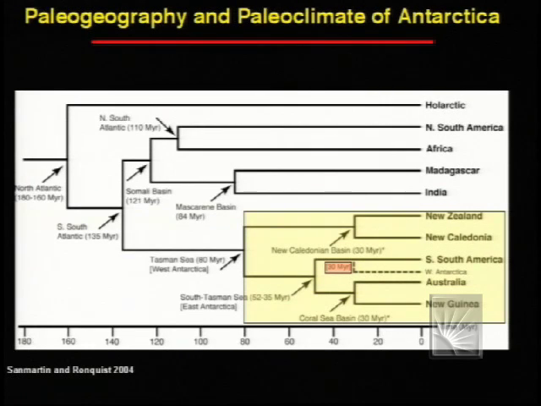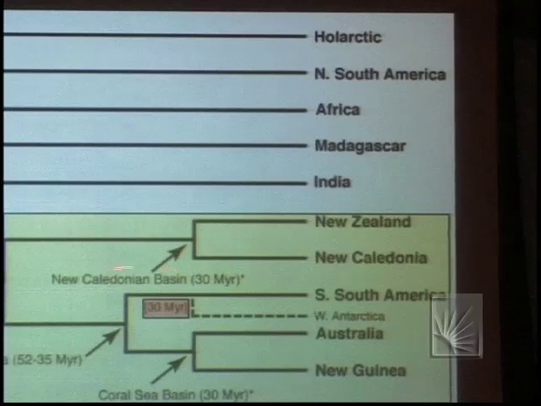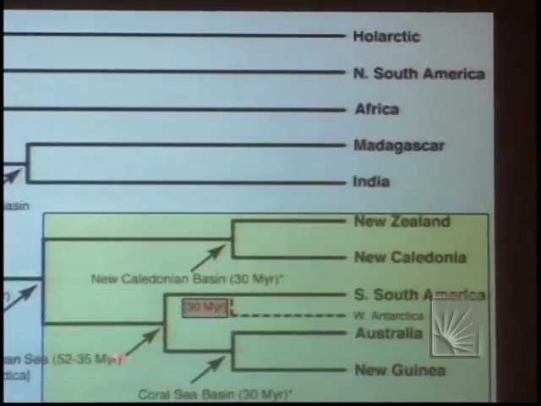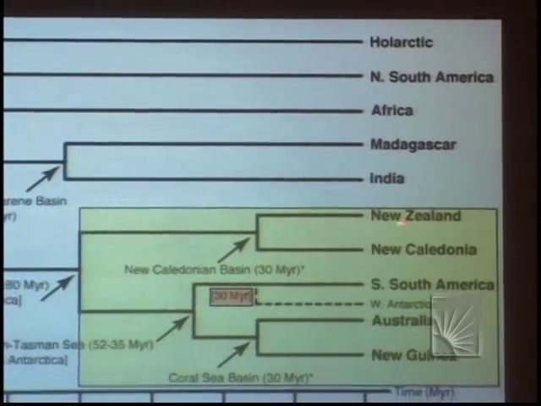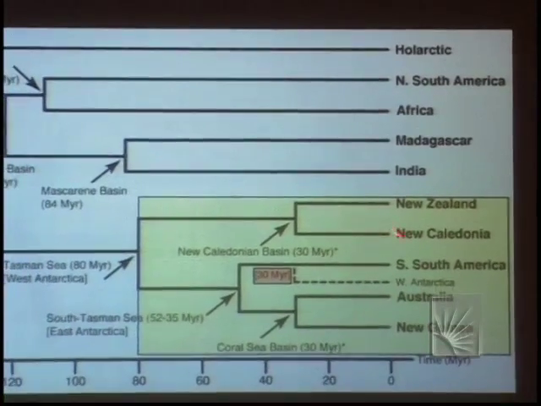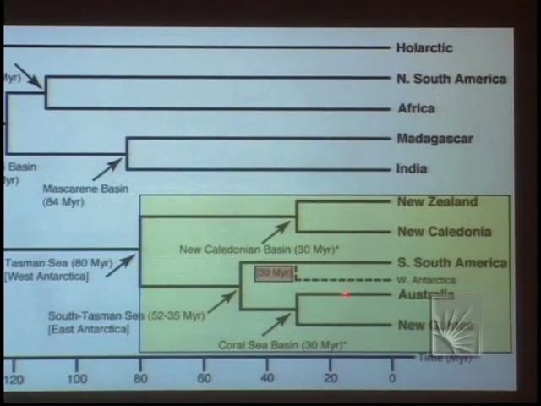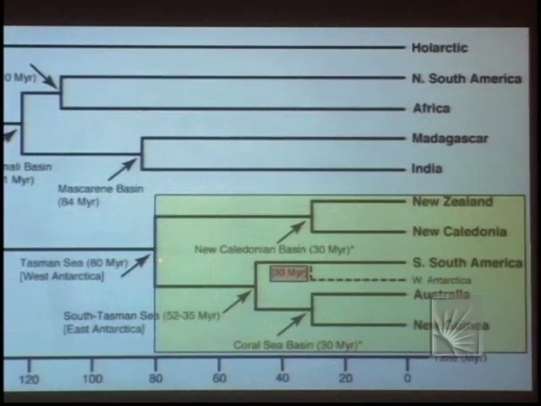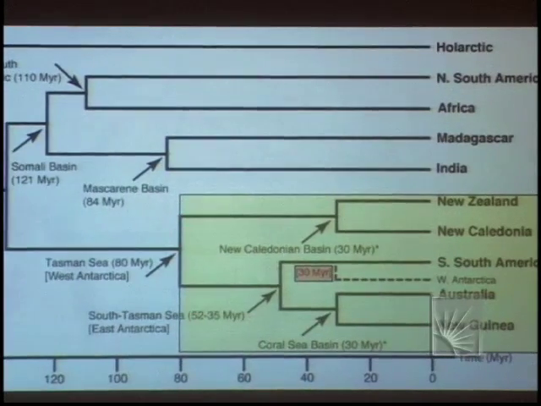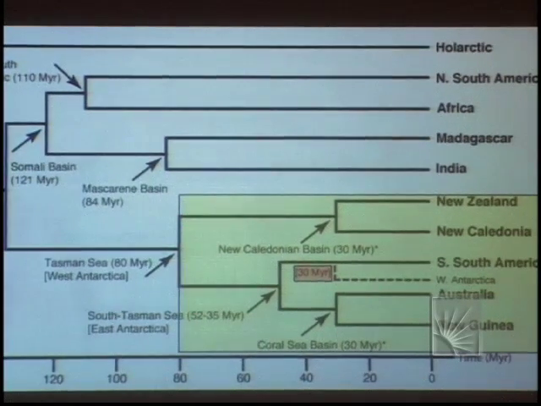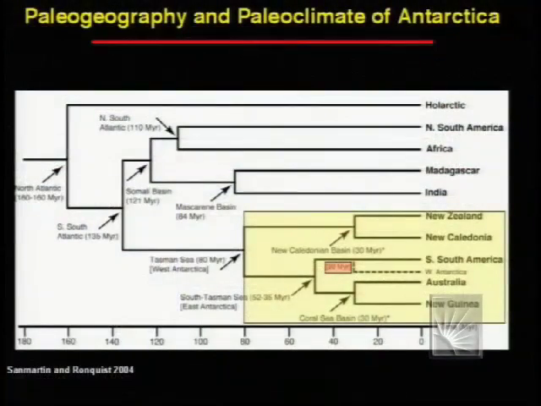And this is a branching diagram that relates how we think those continental areas were connected. So this is only analogous to a phylogeny. What we see here are all of the land masses that are part of Gondwana. And we can see that the last connection that Antarctica had to basically New Zealand, New Caledonia and Australia, because here's Antarctica here, is about 80 million years ago. So we want to think about 80 million years as this initial fragmentation of Antarctica from Gondwana, and